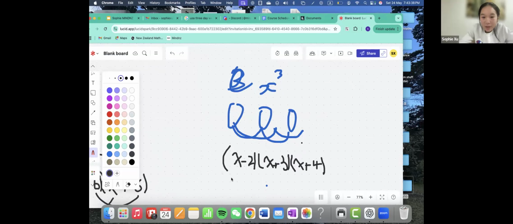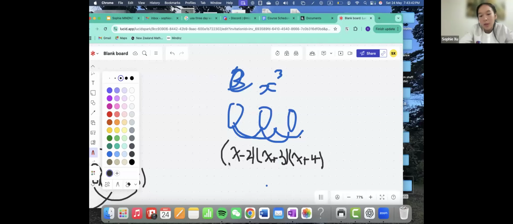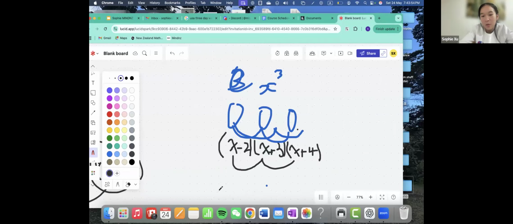Yeah, so you have to make sure that every single one of these gets matched with every single one of these, right? So the first x, you have to make sure it gets matched with x, and that just makes the x cubed term, and then you can go x and 4, and that's 4x squared, and then you basically just multiply all the possibilities, right? But then